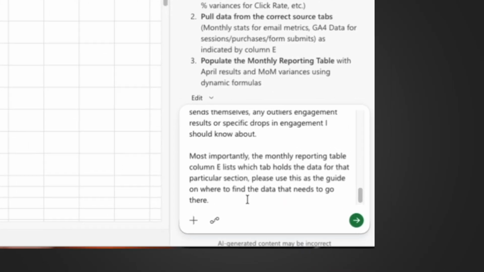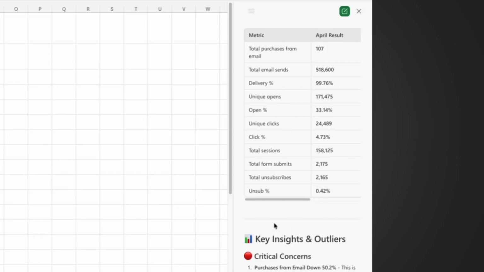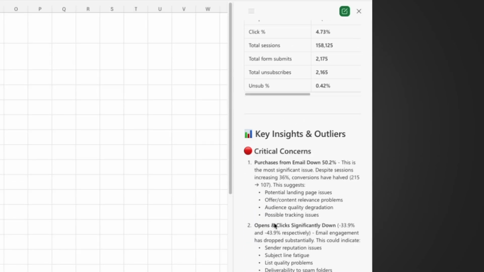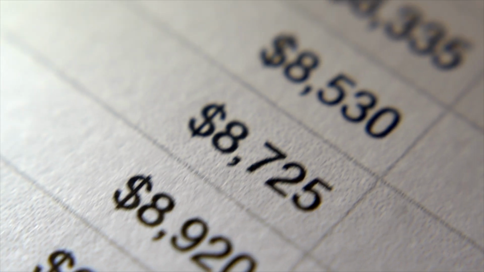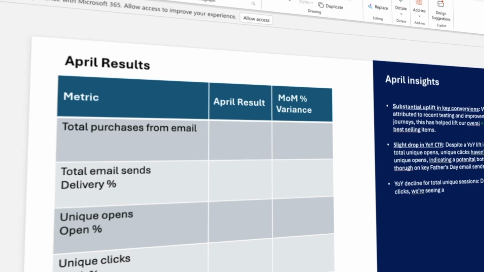Today we're going to be covering a way that I use Copilot in Excel that's completely streamlined the way that I do monthly reporting. A regular task that I do in my job and that I'm sure happens in so many roles out there, taking data from multiple sources and putting it all on a PowerPoint to share back with your team. Now there may be some situations where you have data that you pull from a platform and you